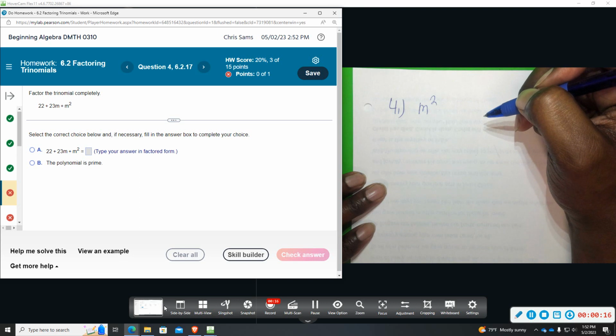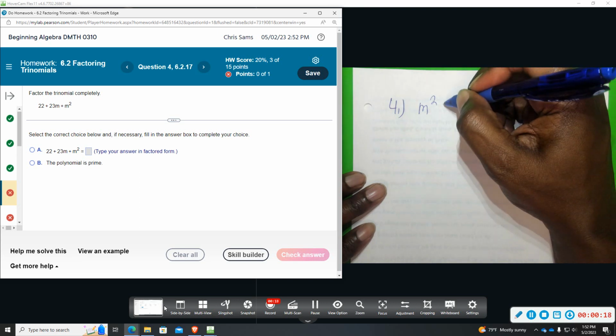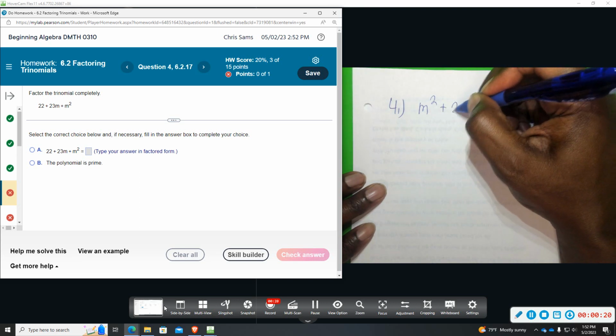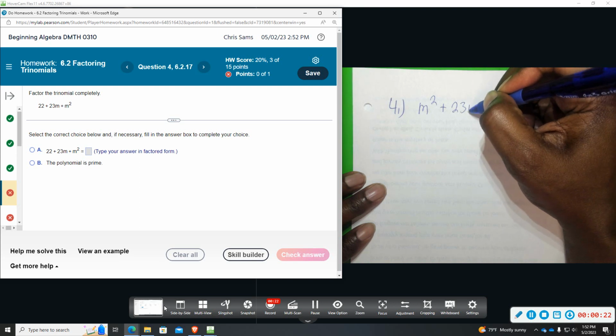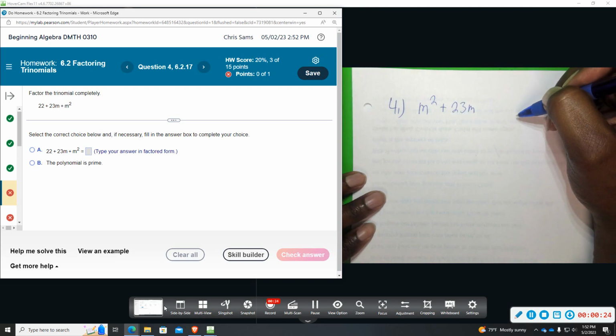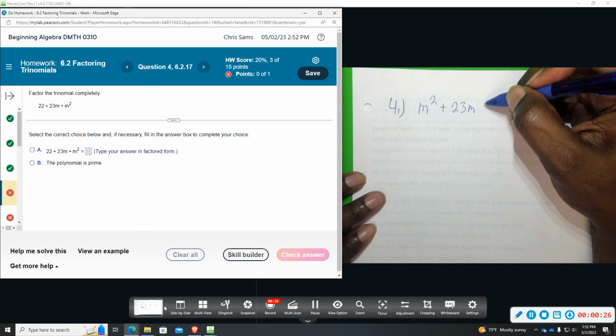And then the 23m would be next. It's positive because of the plus sign in front of it. So I'm going to say 23m. And then the 22 is positive. It doesn't have a minus in front of it. So plus